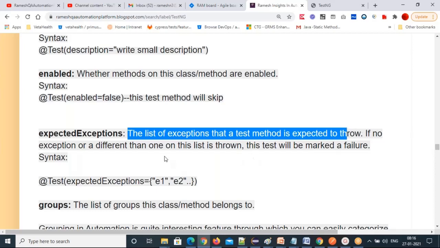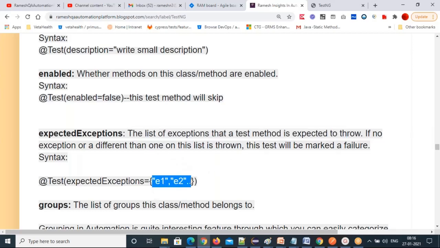You're specifying the exception classes here, and if this test method throws an exception other than the specified ones, then this test method will be marked as a failure. So you specify the expected exceptions that only this test method has to throw, not other ones.